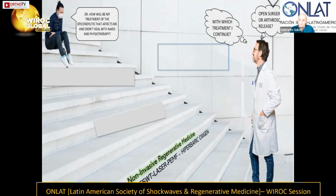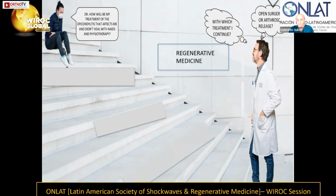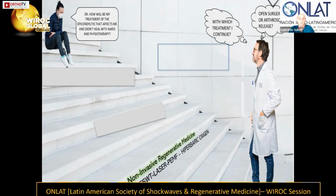And they forget, from my point of view, and that's why I'm telling this, from my experience, I have 30 years doing this, that they forget that we have now regenerative medicine. And in regenerative medicine, we have steps that we have to go, such as in this escalator. And the first step is tools that are physical stimuli to the cell that produce response and healing to this, in my experience, is one of the most effective in 99% of the cases, such as this or other cases that I will show, that prevent going to the second step, that is